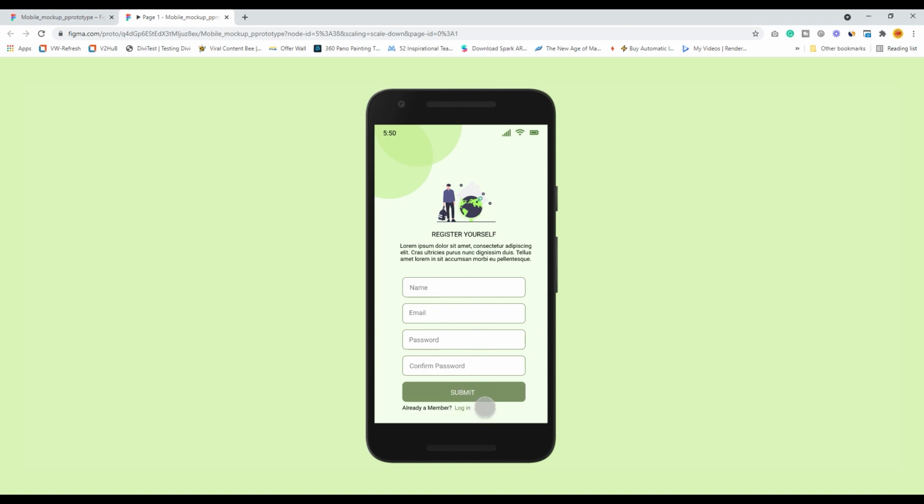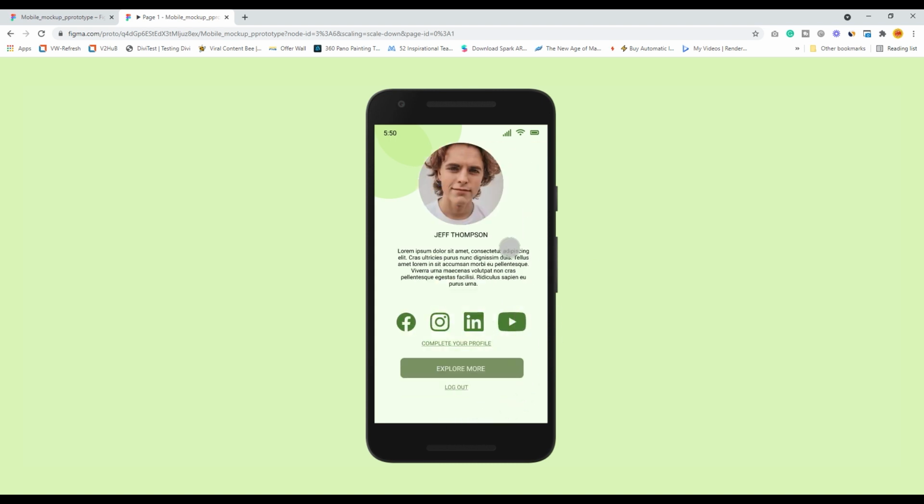I click on the submit button to register, and after the registration, as usual, it automatically takes me to my profile page where you have a particular person's name. Maybe Jeff Thompson is a person who has registered for this particular app. There is a small description of this person, and over here, complete your profile.